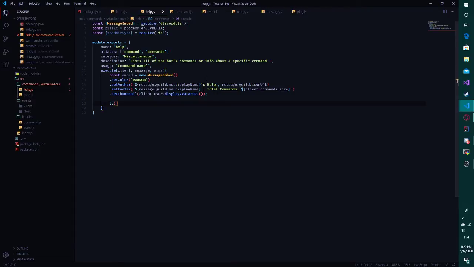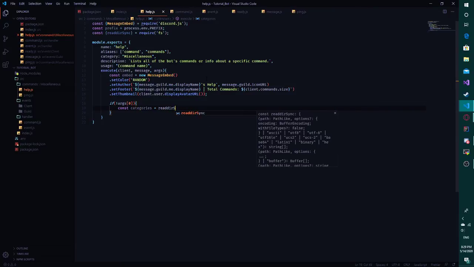Now we're going to do if there's no arguments. So args[0]. So this is basically saying, if after the command name, whoever's that is, that's going to be arg 0. 0 in arrays is the first item. So in programming, the numbers don't go to 10, it actually goes up to 9. 9 is 10 basically, and 0 is 1, and a lot of array stuff, that's basically how it works. So we're saying if there's no args[0], so there's no arguments,